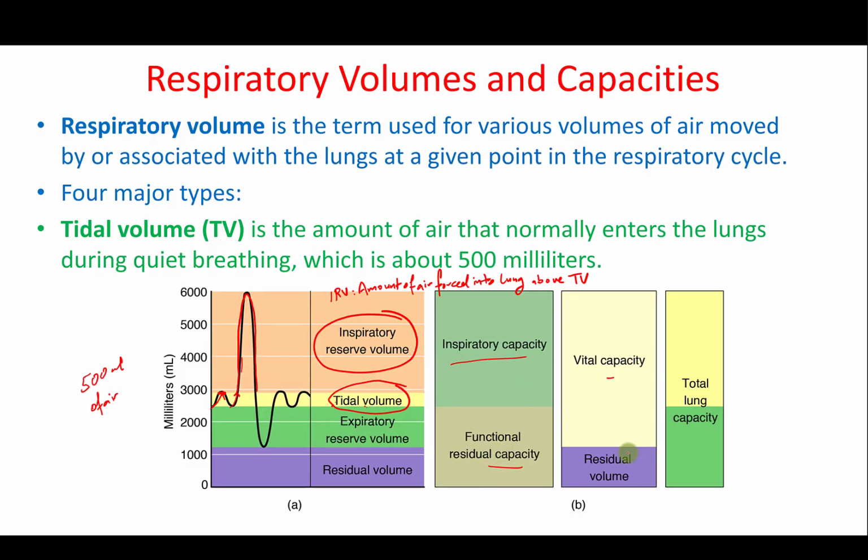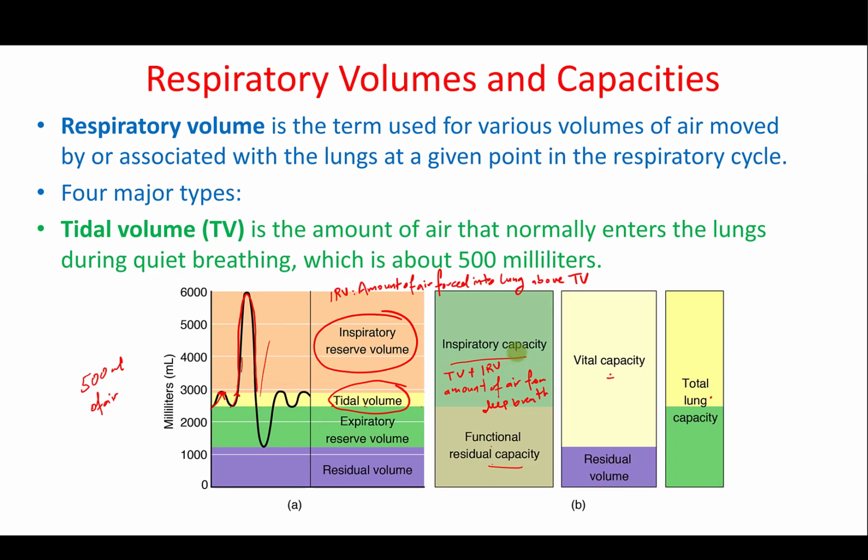And for the capacities, we have 3 capacities. We have the inspiratory capacity, functional residual capacity, vital capacity, and total lung capacity. Actually 4 capacities. Inspiratory capacity is the TV plus the IRV. This is the amount of air that you can inhale from a deep breath. So inspiratory capacity includes the tidal volume. After you inhale, exhale, and then take a deep breath, that will be the